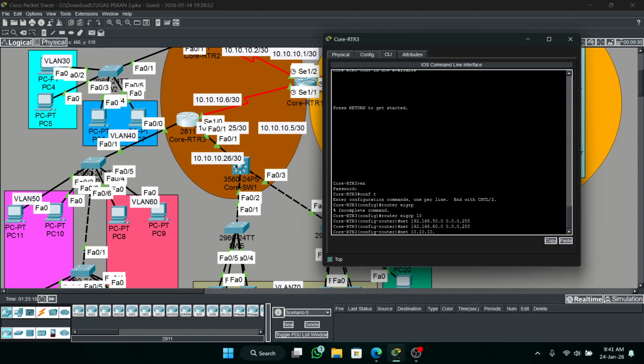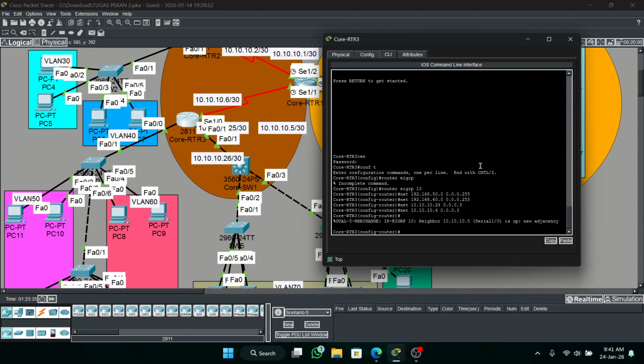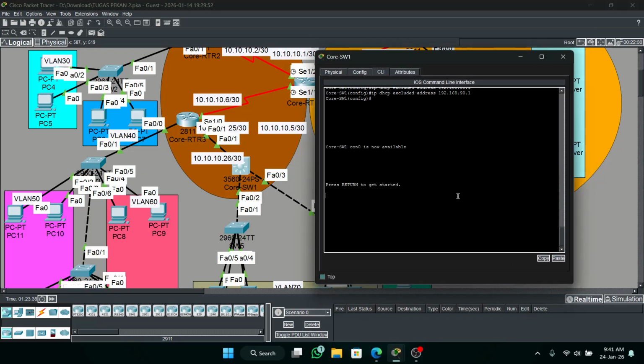This is slash, so this is 24. Okay, then to the RTR1 for 3. Okay.